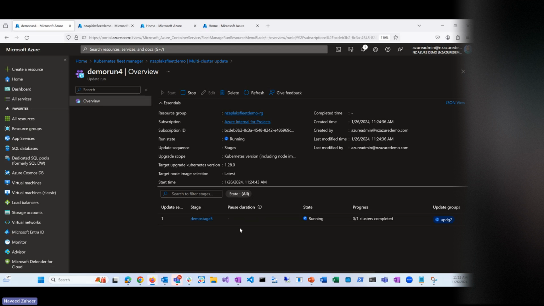So let's refresh it. As you can see, this is running. It will take some time to complete. So that's one of the items that you can do. So basically, what we saw,